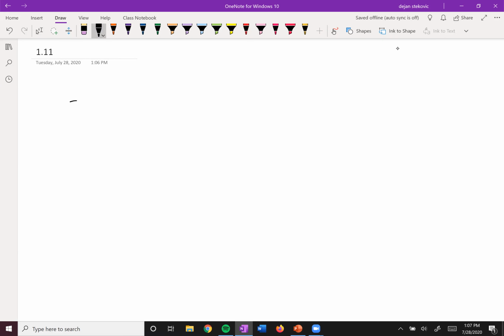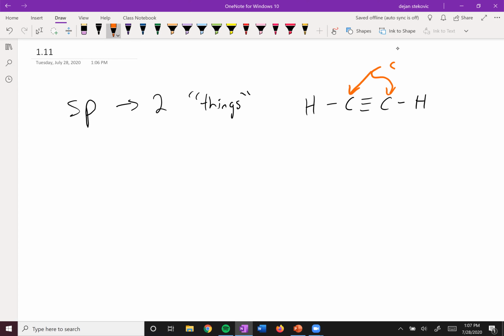All right, finally, we've got sp hybridization. And so here we've got two things attached to our atom. And so an example of this is acetylene, where these two central carbons are now sp hybridized, right? They've got one carbon and then one hydrogen, but it doesn't just have to be carbon. It can be other things like this HCN,